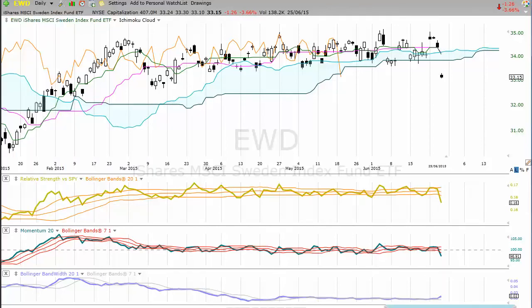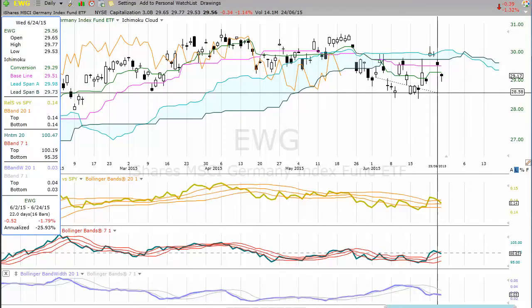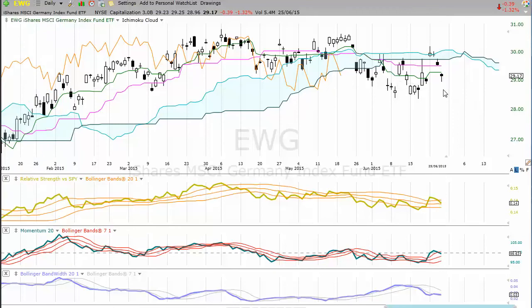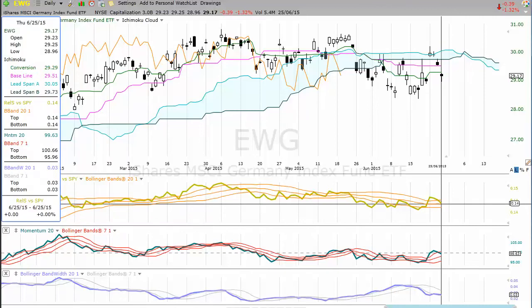strong underperformance. EWG, Germany, solid underperformance, one of the European markets that was solidly underperforming, an attempt to improve, but now some deterioration, but still at the moment above the middle of the bands, and quite a neutral performance over